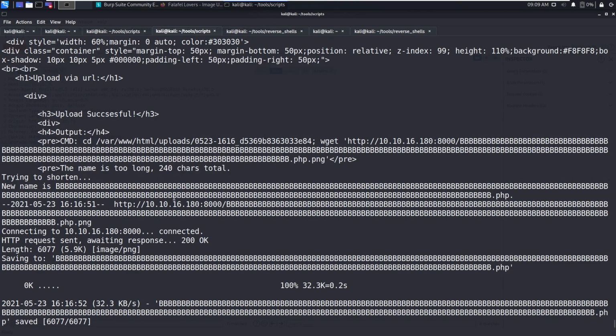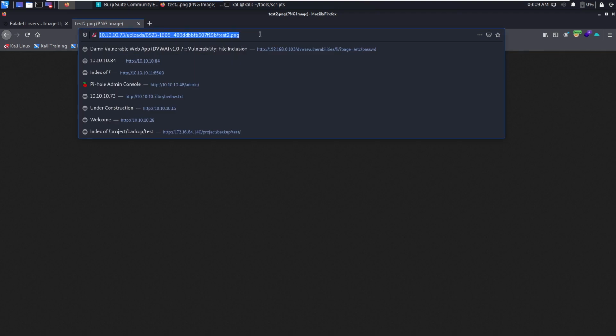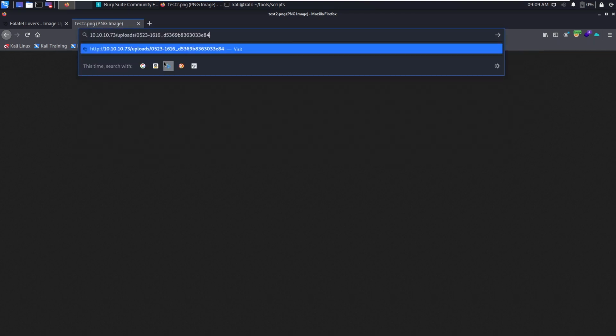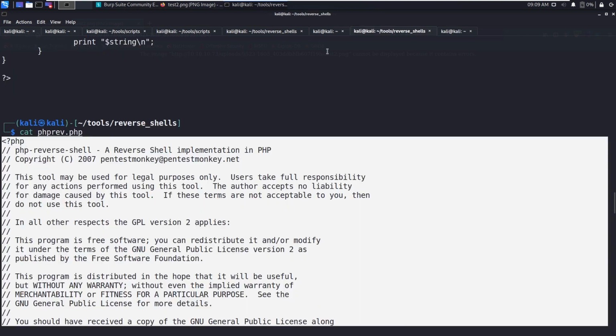So trying to shorten, so it has been uploaded to this directory. So copy this random string and let's go to slash. Let's start the listener. Okay, what is the file name?